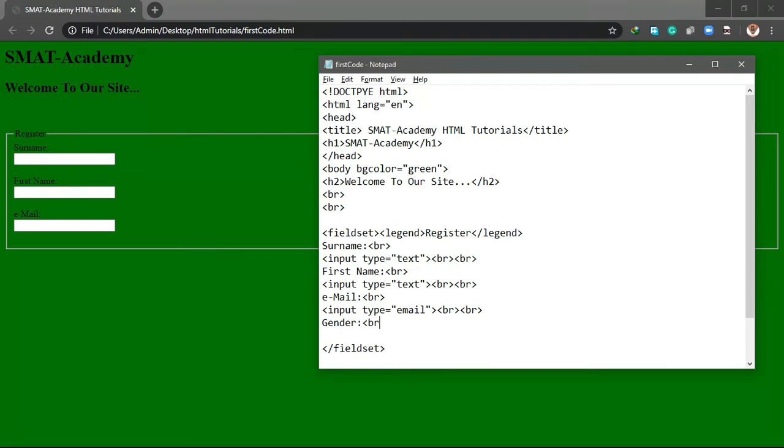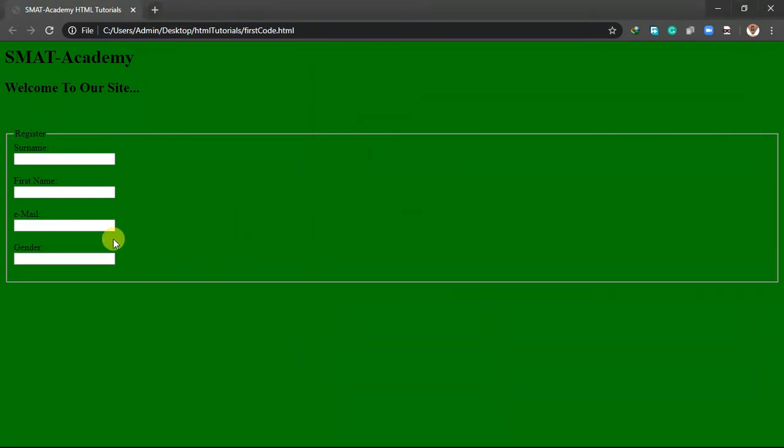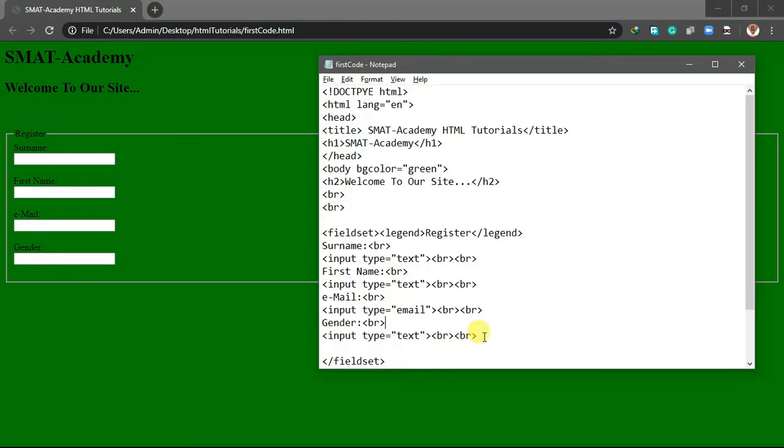Then break, then paste. Oops. The input type. Refresh. It has opened. So now we need to create a button whereby the user will submit the form after